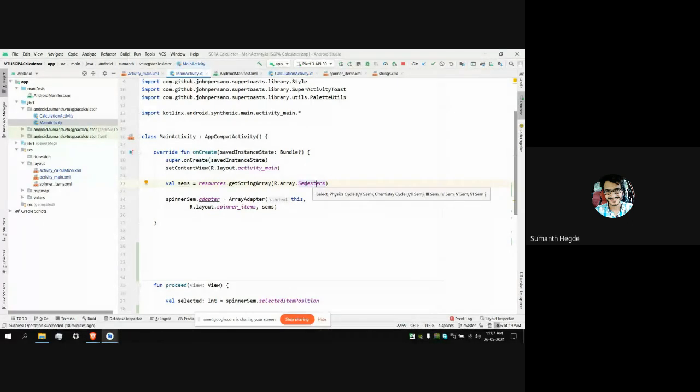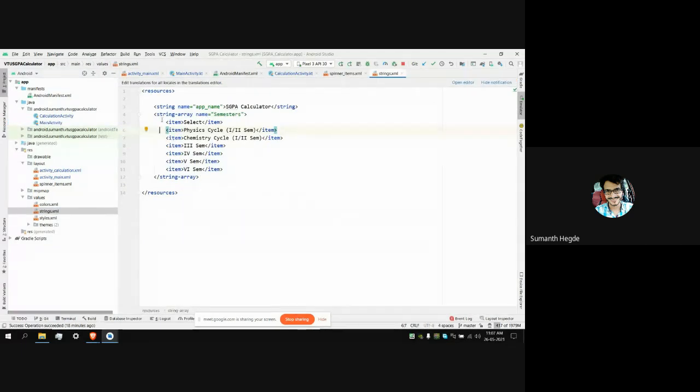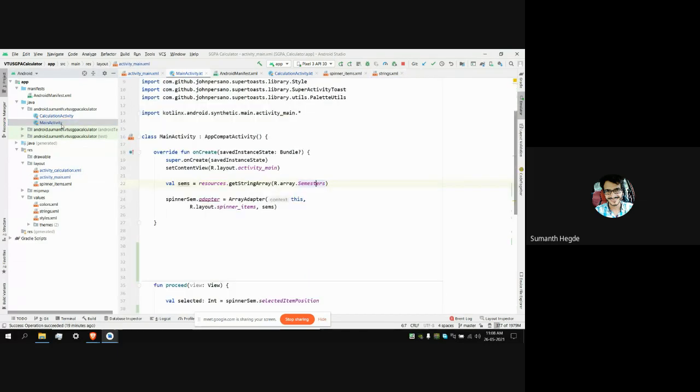In that string array we are storing all the menu items. That string array is located in the strings.xml file under the values directory. As you can see, we have a string array named semester, which has 7 items. We collect this string array from the resources and assign it to the variable called sems.